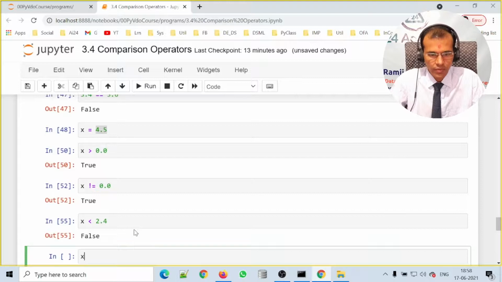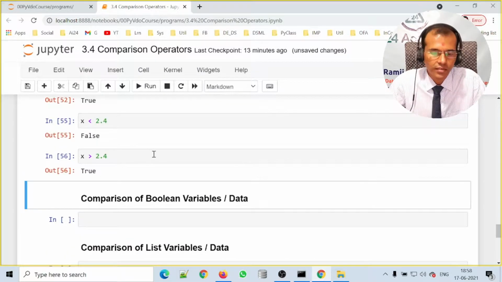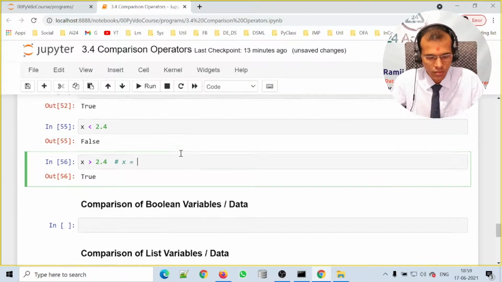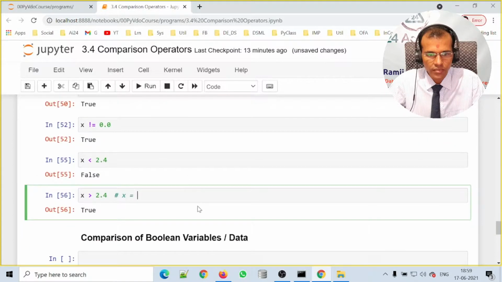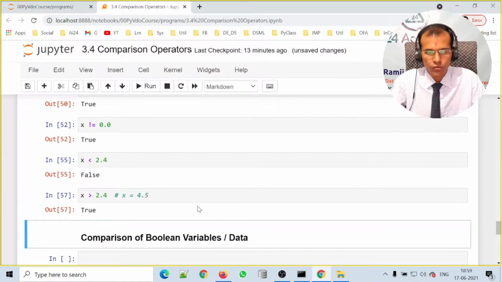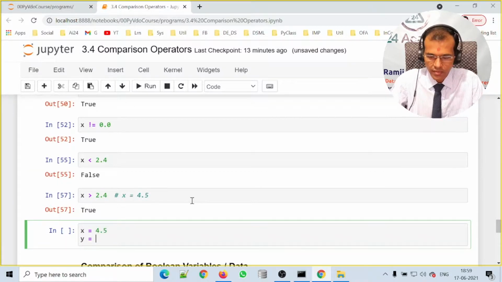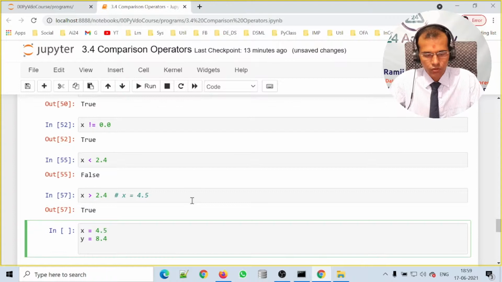Same way I can compare x is greater than 2.4. It is returning true because value of x is 4.5, and hence it is returning true. Same way let me again define x is equal to 4.5 and y is equal to 8.5.